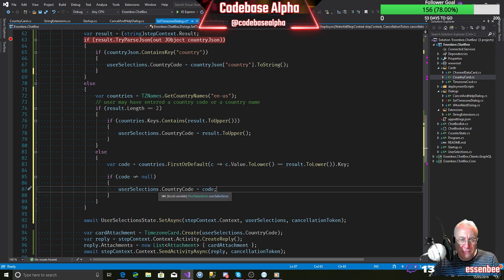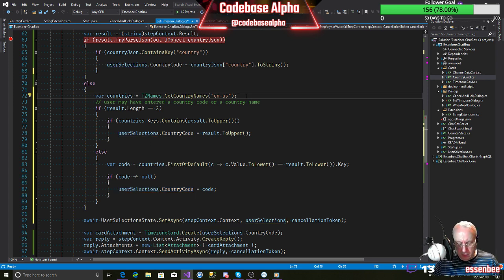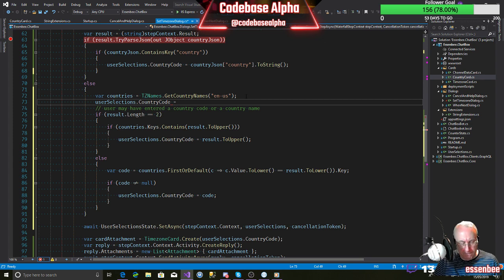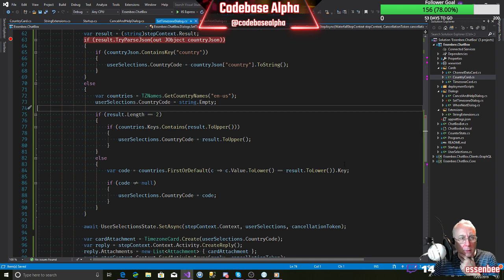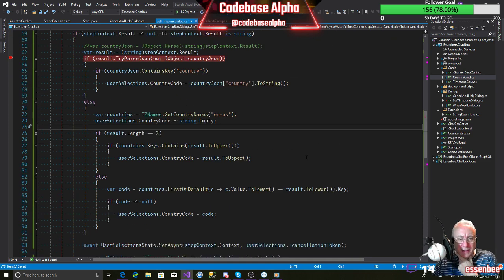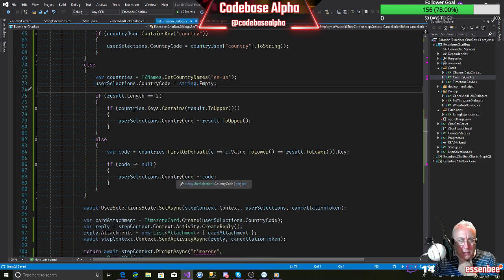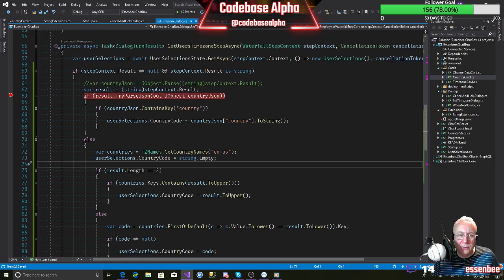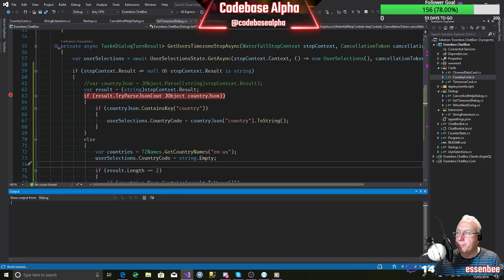So as a default, we can set our country code to the empty string, and we'll do that here. String.Empty. Okay. And we don't need that comment anymore. Okay, so if we now type US in, or we type United States, we'll need to test what happens. So let's do that. Let's run it up.